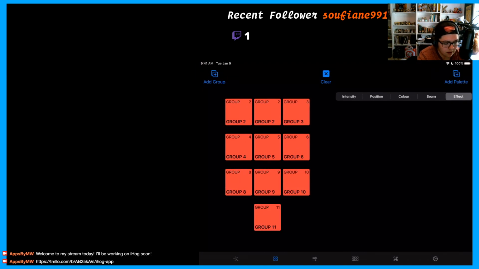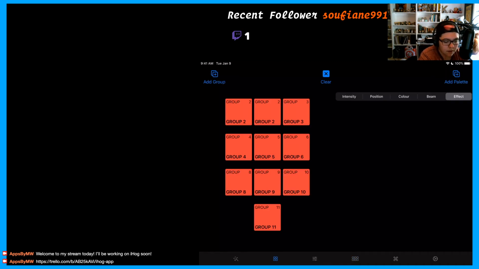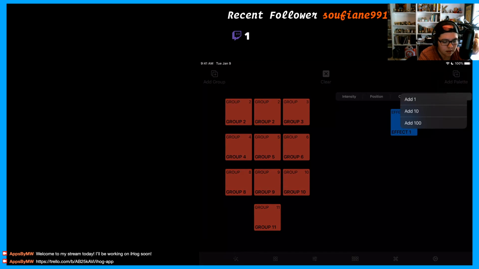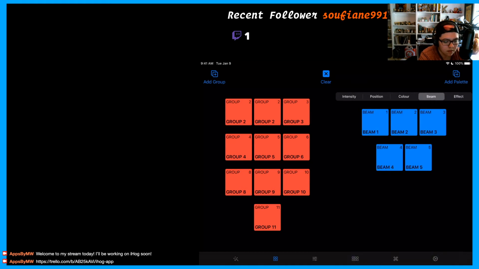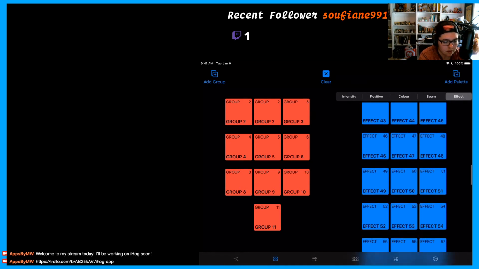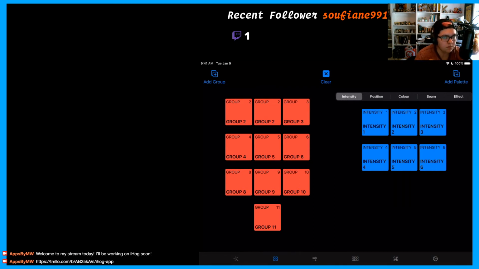Because how that currently looks right now is, over here we have intent. So if I can add palettes here. So now as we go through, it'll switch from beam to effect, or to position or to intensity. Just kind of depends on what is selected. And if I can remember the last thing I selected, which happens with the defaults, then that works. So we still want to get config. I can close this. I can't believe I wasted so much time on that one. We need to say